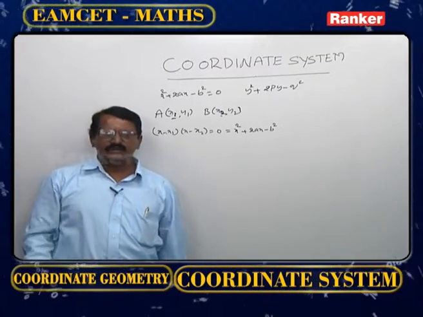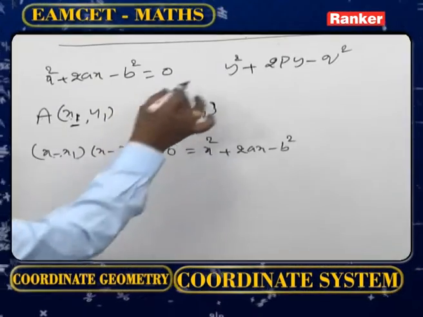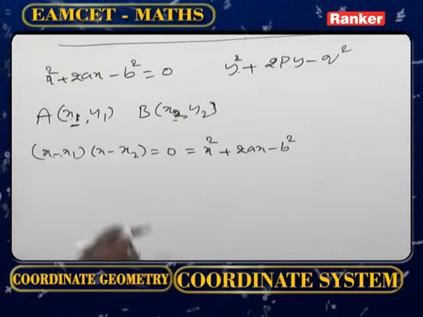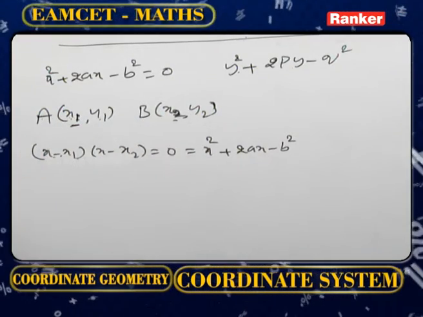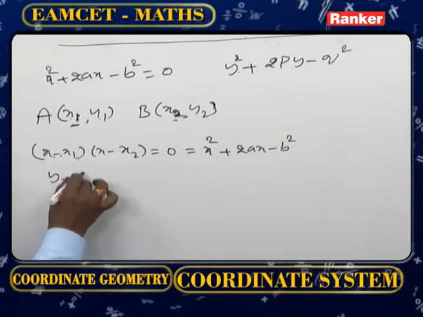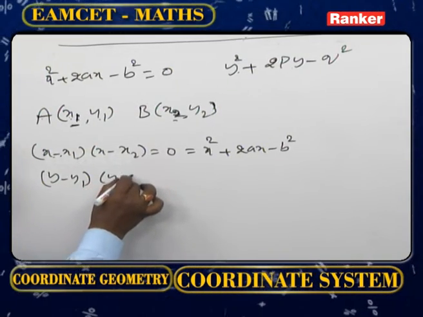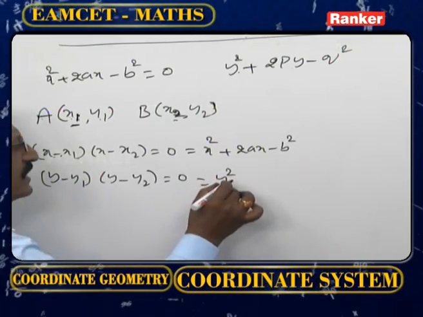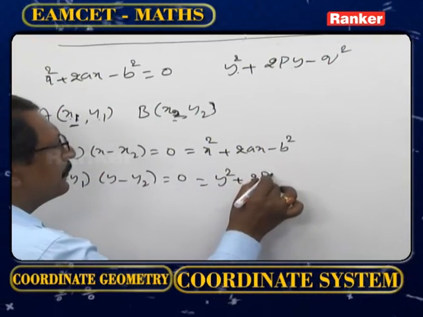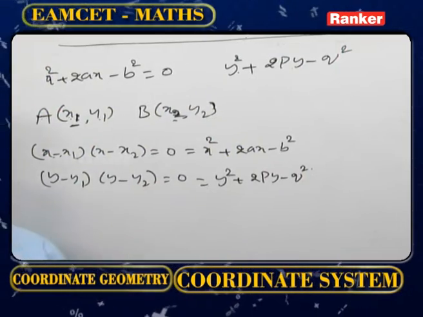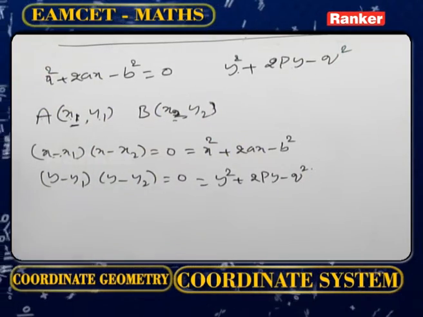Similarly, y1 and y2 are roots of the equation y square plus 2py minus q square equals 0. Then the quadratic equation whose roots are y1 and y2 is (y minus y1)(y minus y2) equals 0, that is, y square plus 2py minus q square equals 0. Now